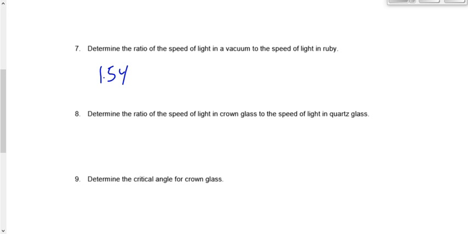The index of refraction is defined as the ratio of the speed of light in a vacuum to the speed of light in that medium. That's what the index of refraction for ruby is defined as, right? So they're giving you the definition, they're just asking for the value that's on the table. Now, you didn't recognize that? That's okay. Okay, we can find